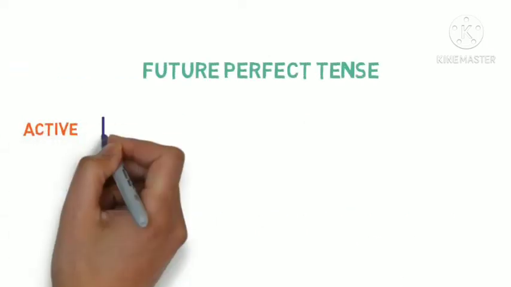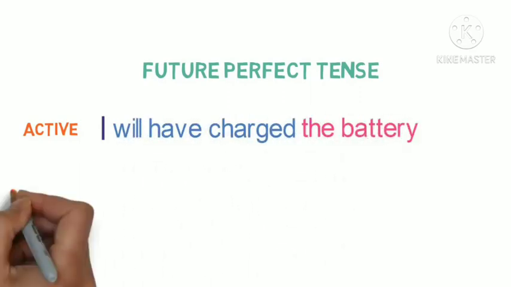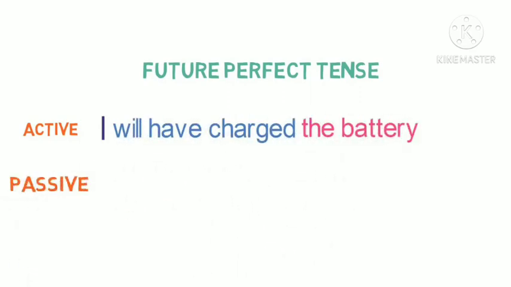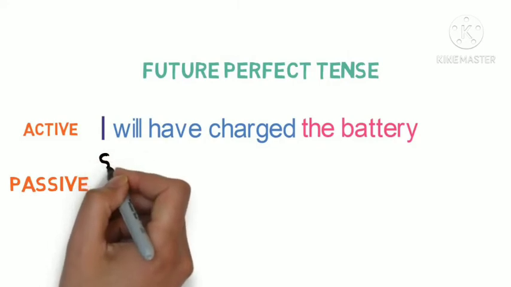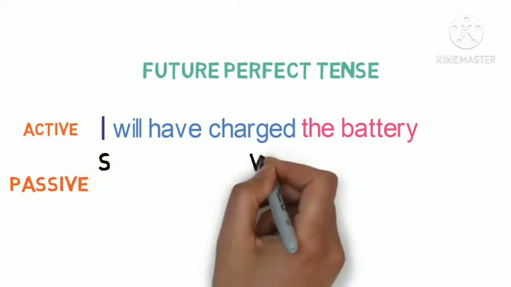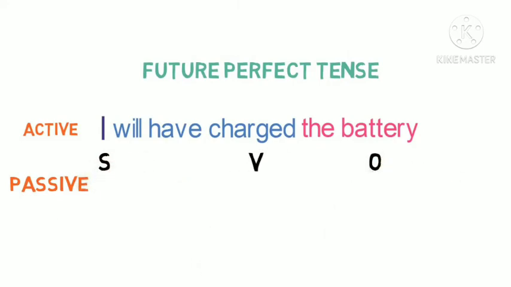Next one, future perfect tense. So in active voice, I will have charged the battery. So in this sentence, I is the subject, charged is the verb, then the battery is the object. So next step, swap. So I will change into me, the pronoun me, and the battery as subject we need to write first, then charge